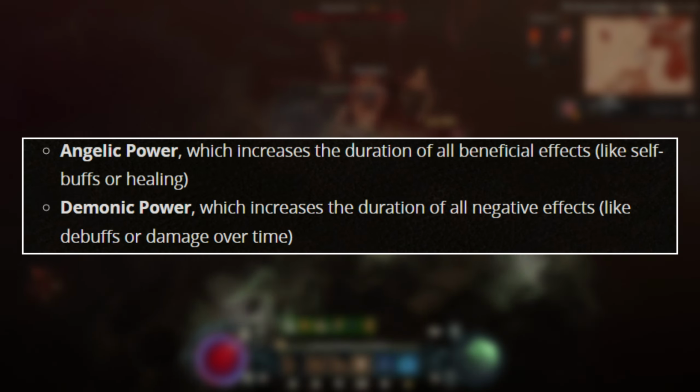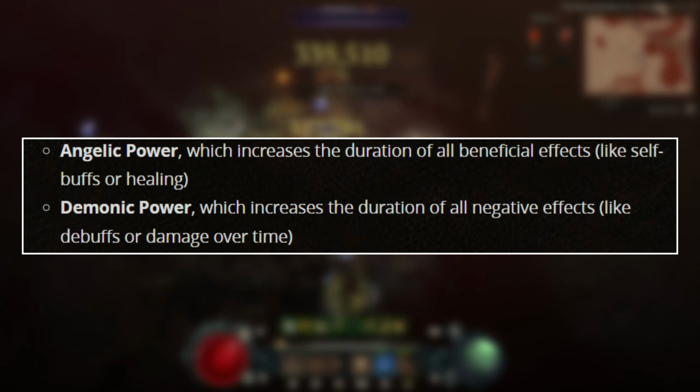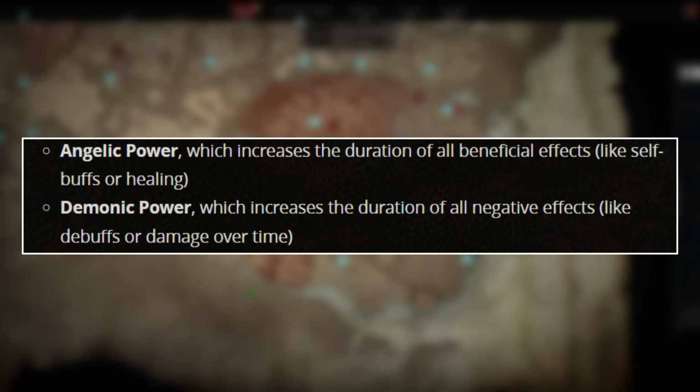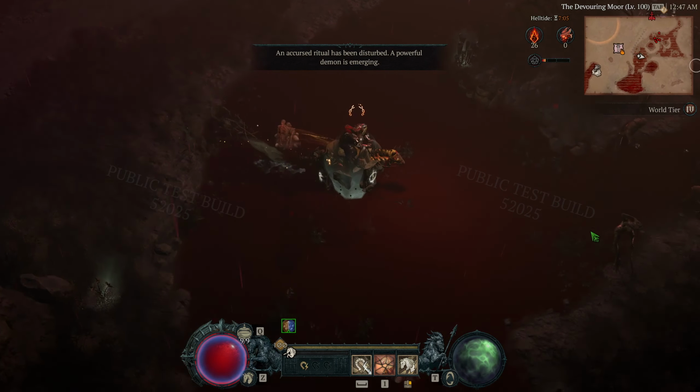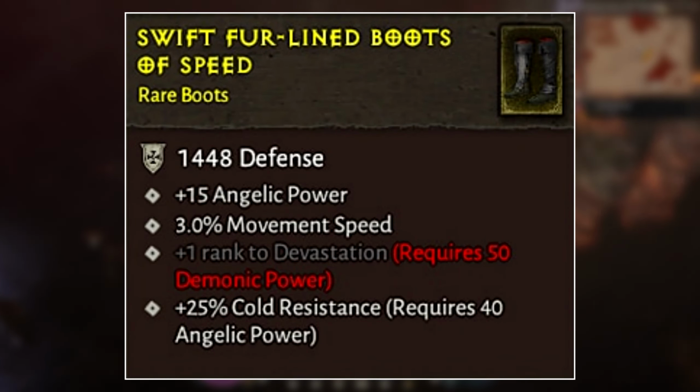So like buffs or healing. Then you have demonic power, which you can get in the same way from other affixes or other systems. And demonic power would increase the duration of negative effects like debuffs on enemies or damage over time. But then this would be tied into other affixes on pieces of gear, because certain affixes would require, say, a